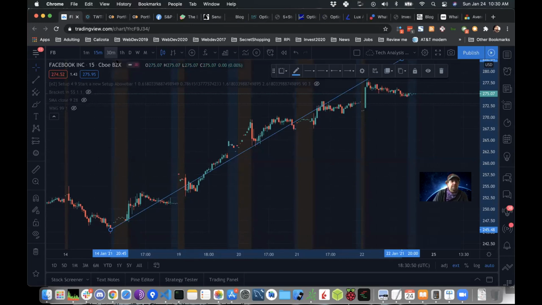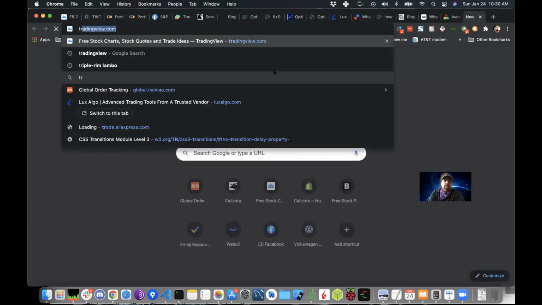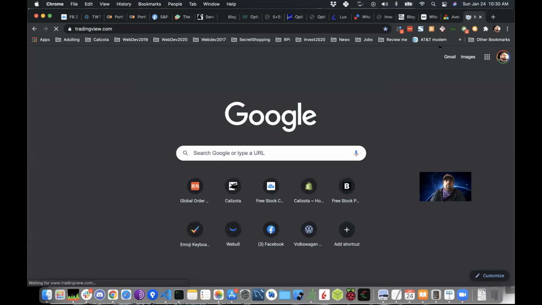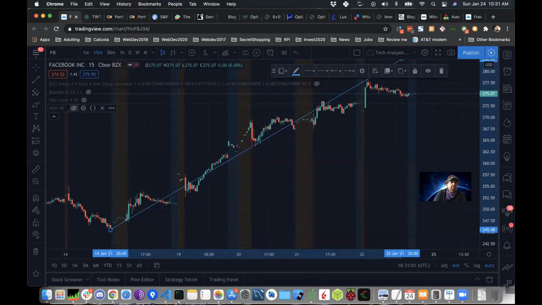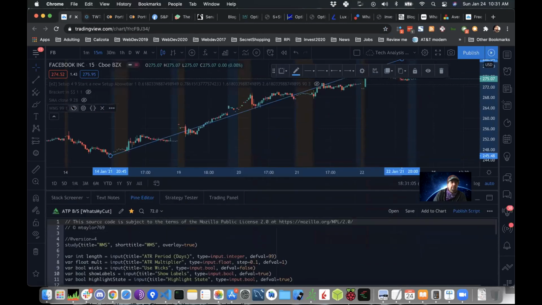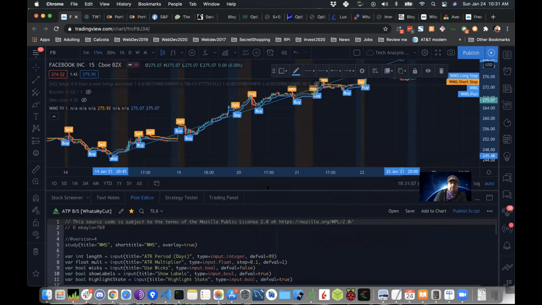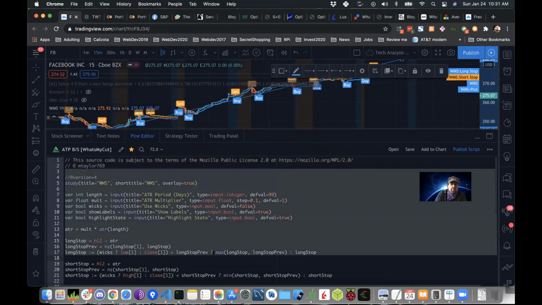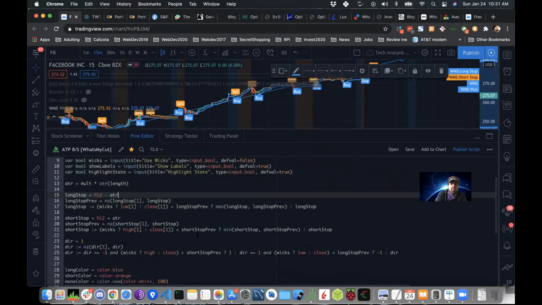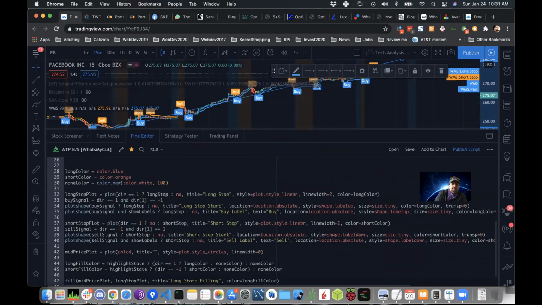But anyway, on TradingView, one of the things I can do as a programmer is write their source code. It's called PineScript. This might look like gobbledygook to a lot of people. For anybody who's done web development, it might look a little familiar. But it's its own